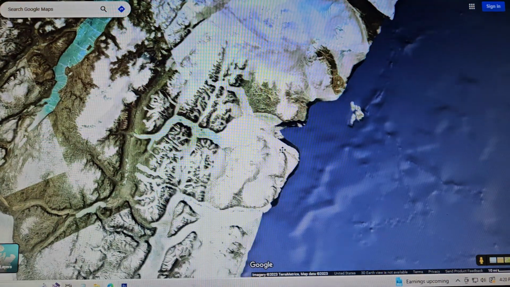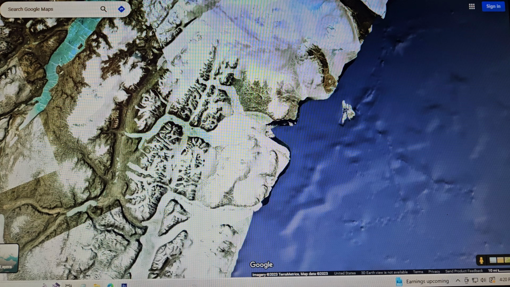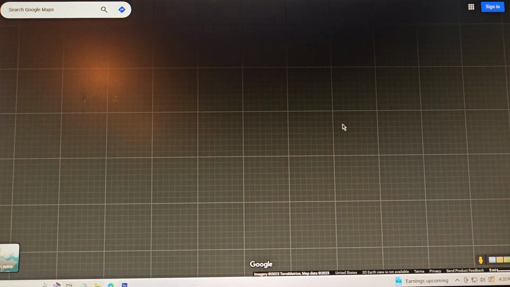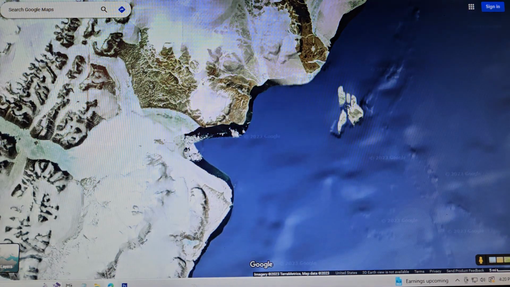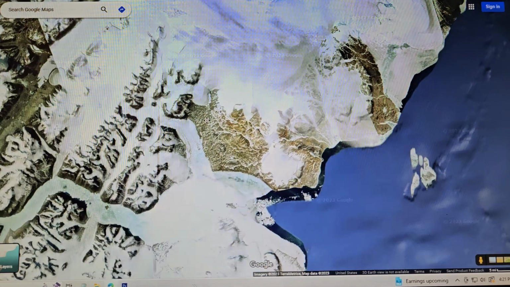You see that? They've erased certain spots right there that they want you to see, but they left all the other fake water around it. See that? And then here's the real water, this darker, real dark blue stuff, and then this is the fake water layer. This is real land,